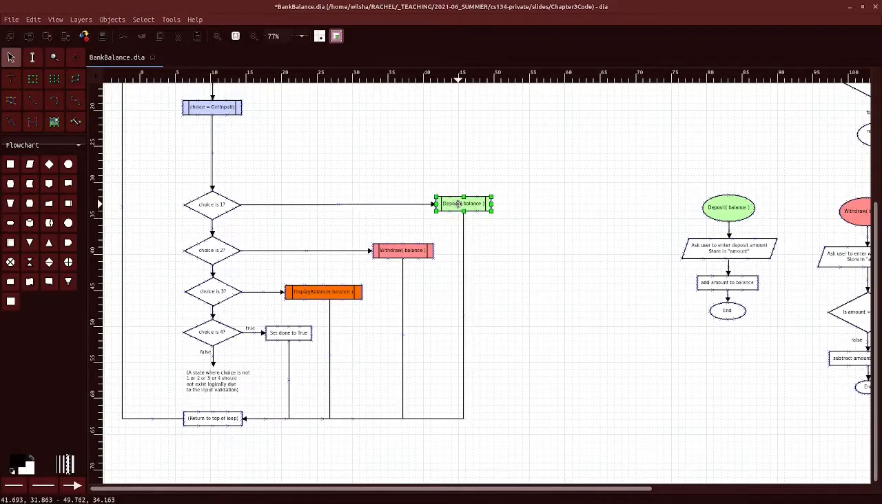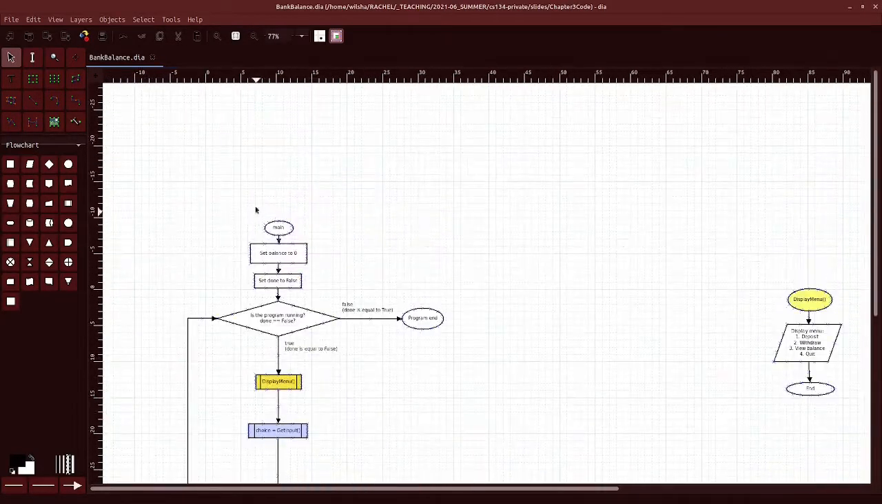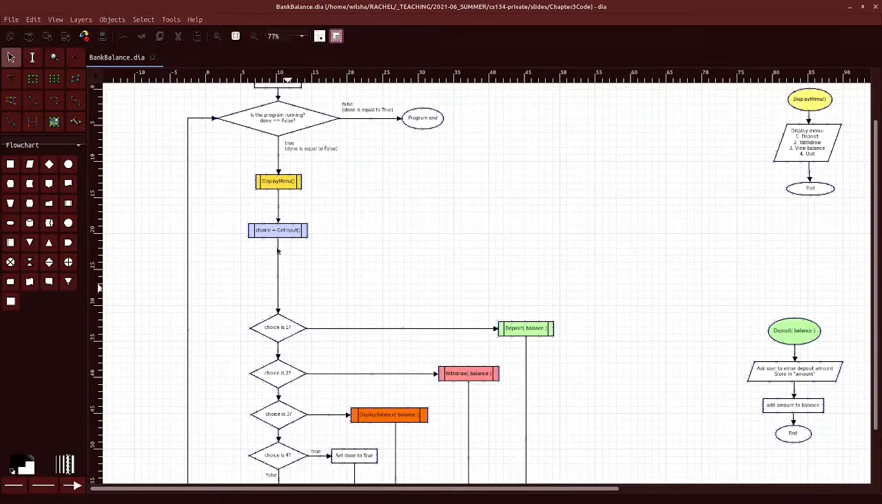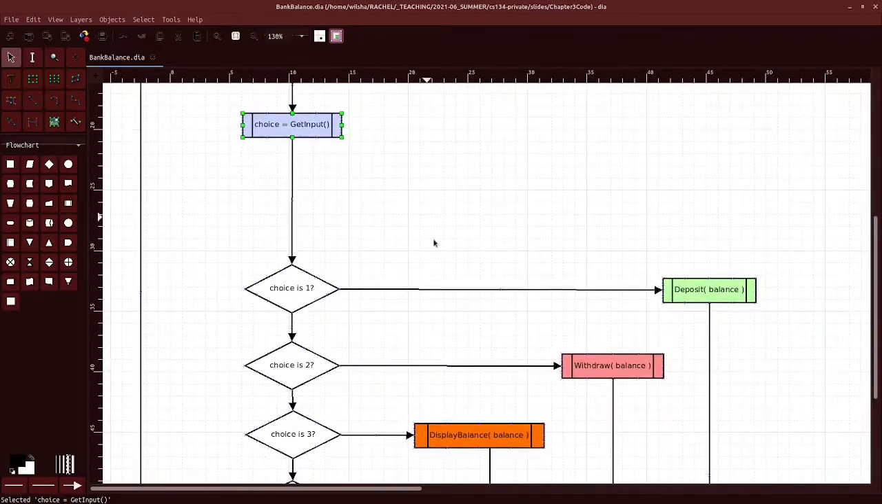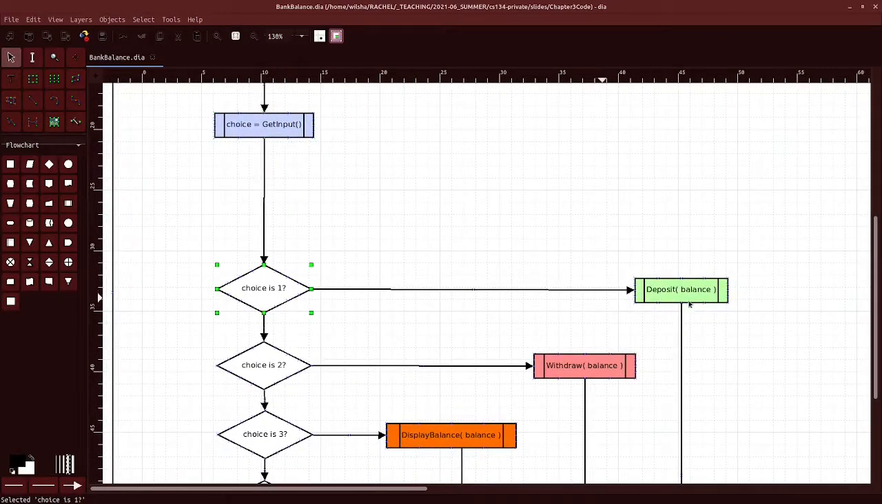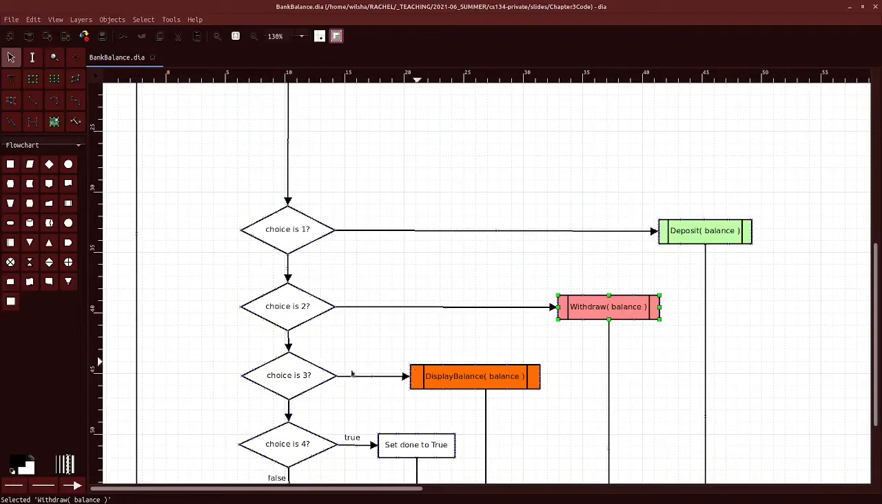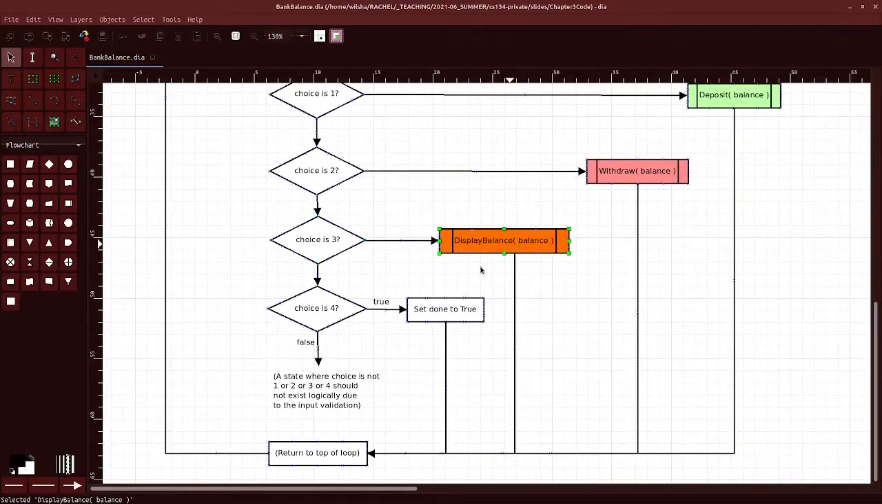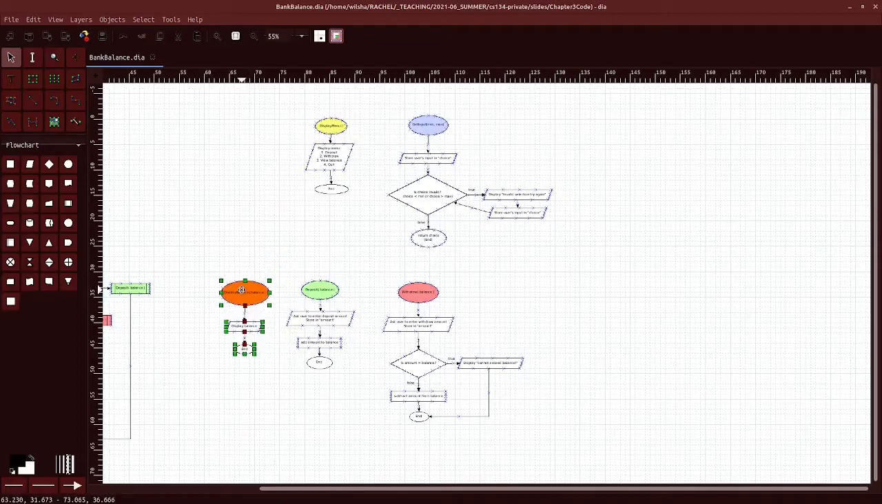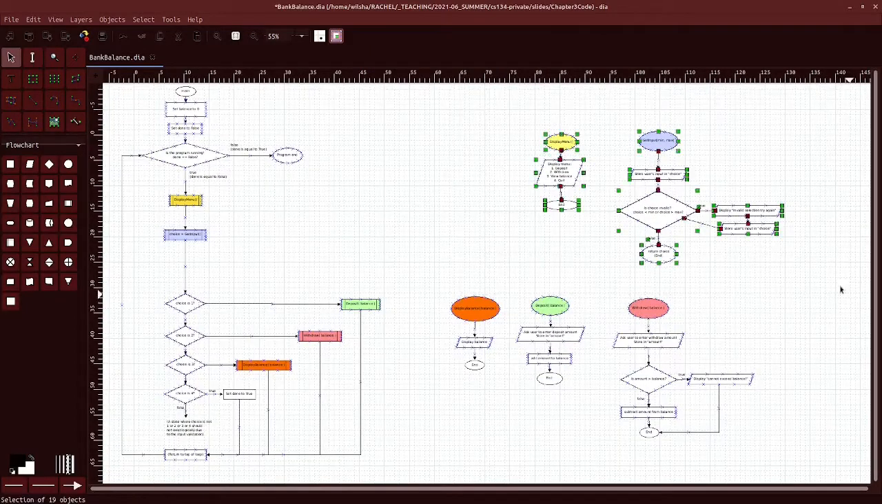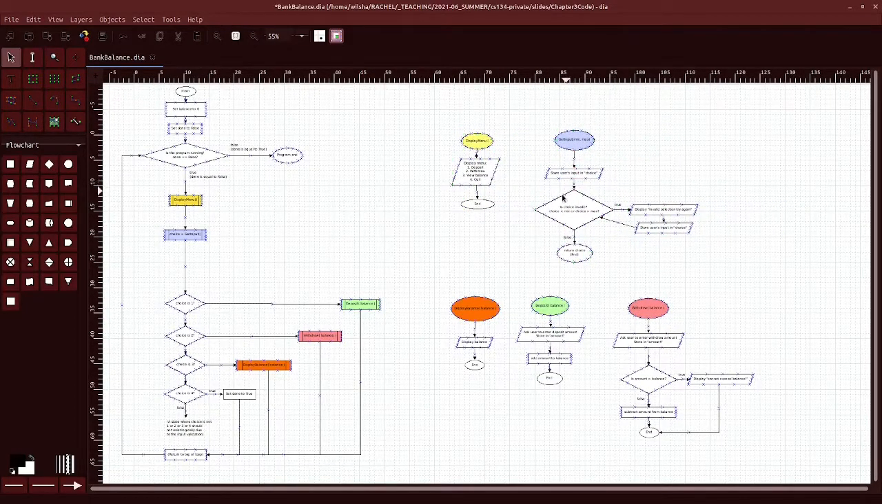So now this flowchart is simpler looking. It's a little easier to follow. We start the program. We have main. Start the program, display the menu, get the input. If they chose 1, we are depositing. If they chose 2, we're withdrawing. If we chose 3, we're displaying the balance. If they chose 4, we're going to set done to true, and then it will continue its loop. And then over here we have our different functions all defined, and you can see that they do very specific